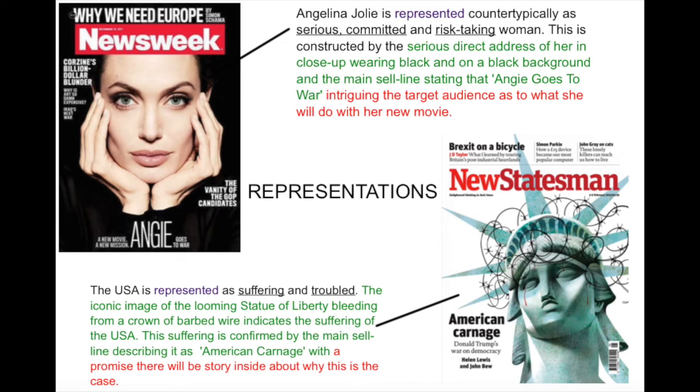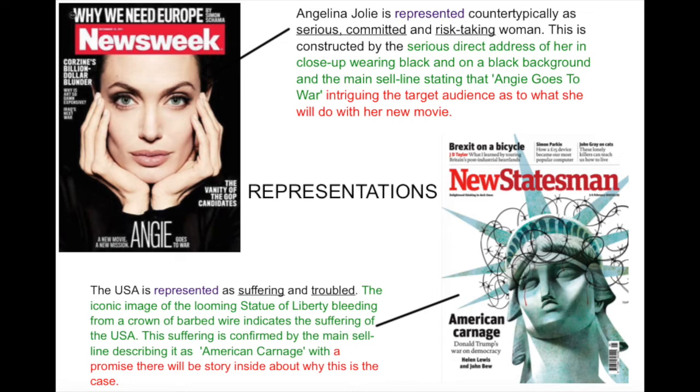And you can see that I take in green from the text to support the idea of her being serious, with the serious direct address, with the serious connotations of the black clothing and the black background, and then obviously the main cell line, 'Angie goes to war'. That might indicate that she's risk-taking, and that intrigues the audience.